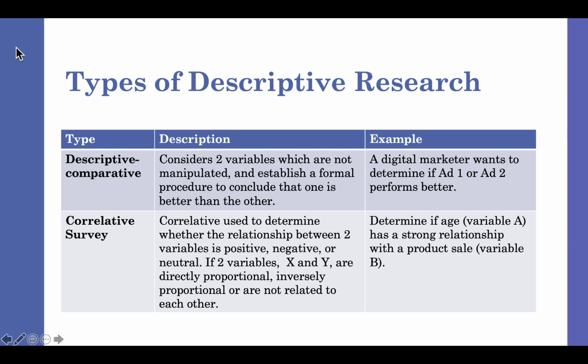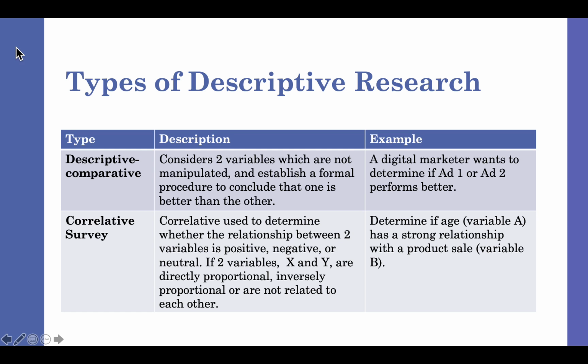A correlative survey. Now we do this a lot in marketing: we determine the relationships between two variables, whether it's positive or negative or neutral. And are they directly proportional, inversely proportional, or not related at all? So let's say we determine age as variable A has a strong relationship with product sales, variable B. It could be